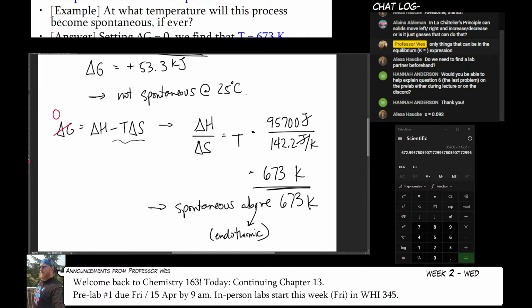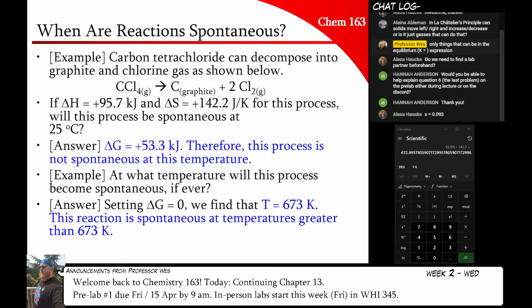So this is a super powerful tool that we have. You could take any reaction that you have delta H and delta S for, which, using the numbers from the back of your textbook, is every reaction you can think of, and determine whether the reaction is spontaneous or not at a given temperature. People would pay a lot of money for that information, and I'm giving it to you for free. That's why I'm a terrible businessman.